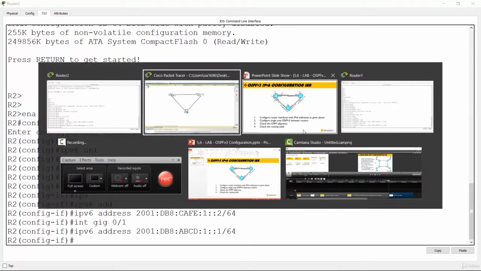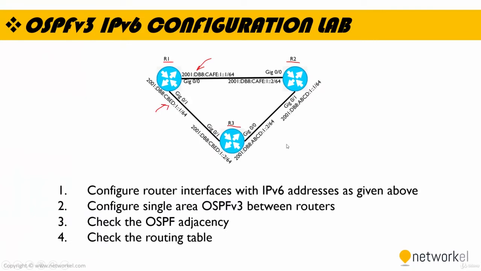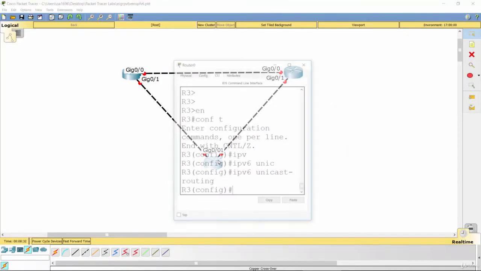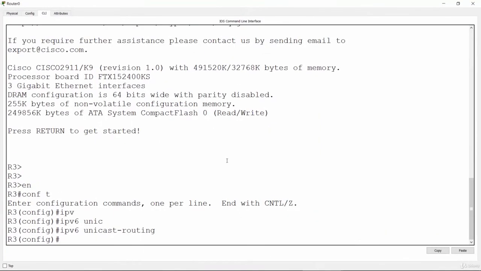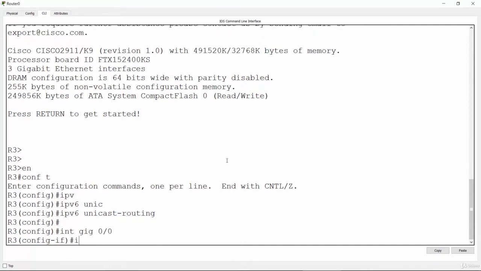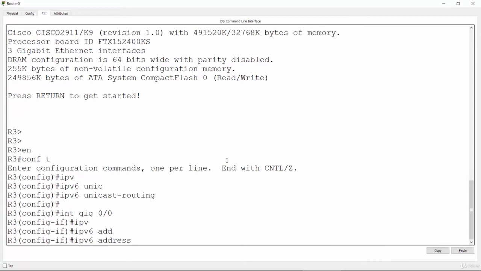Let's check it again. DB8 ABCD 1::1. Okay, time to look at router 3. CBED 1::2 and ABCD 1::2. Okay. I'm going to interface gig 0/0 first and IPv6 address 2001:DB8:ABCD:1::2